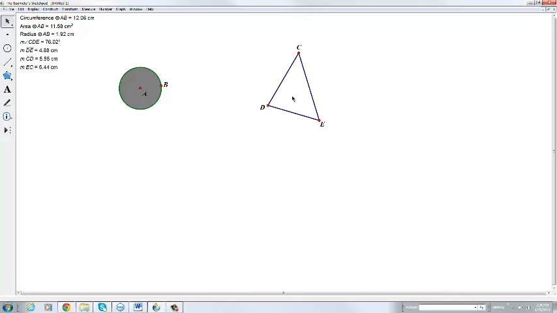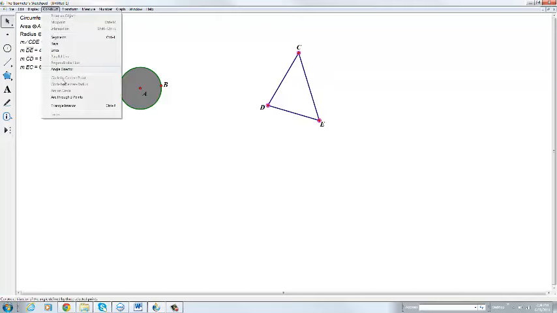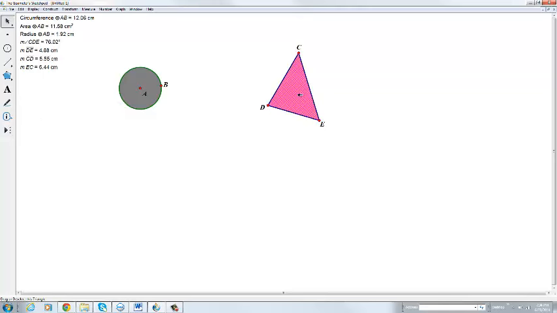If I want to know the interior, I construct triangle interior, and then I can go to measure area or perimeter. Here's the perimeter. I unhighlight, click on the interior, and measure area. Click on that, and now I can see what happens to the perimeter and the area as I change one of the